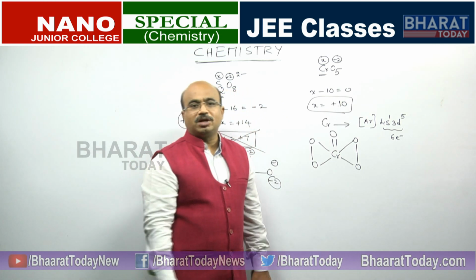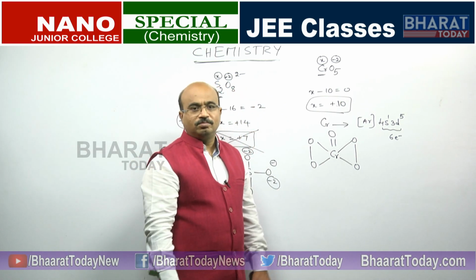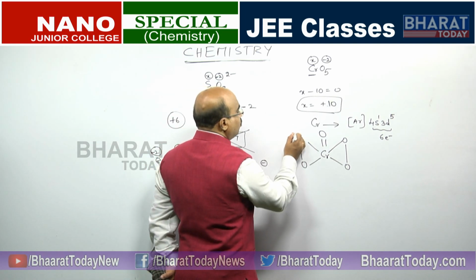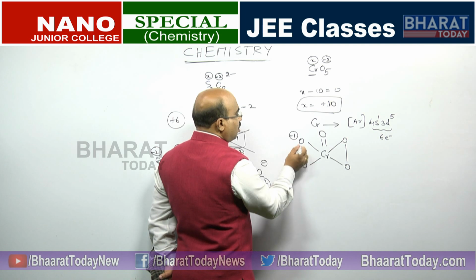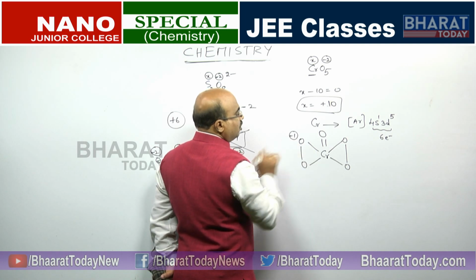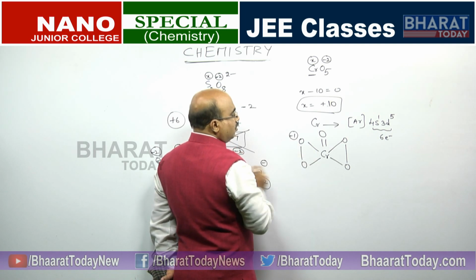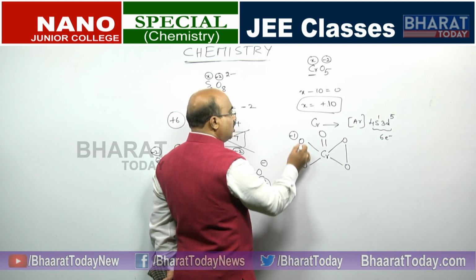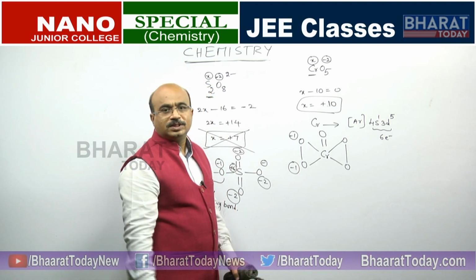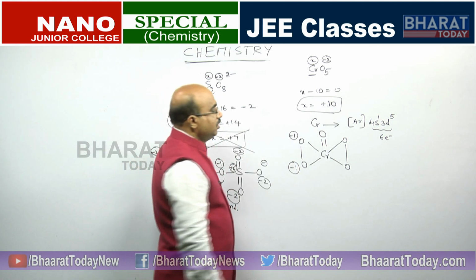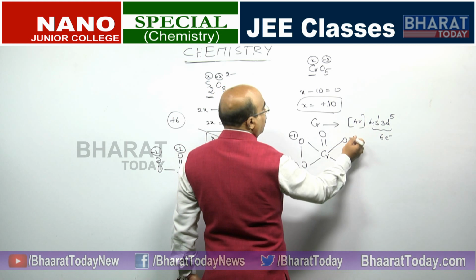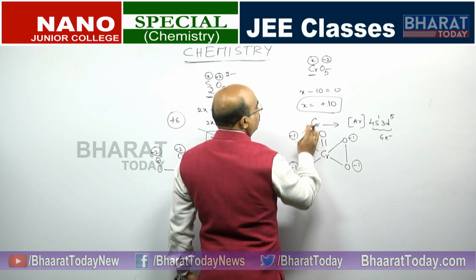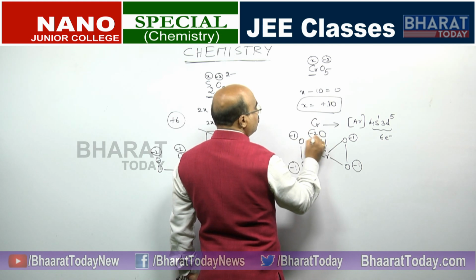The structure of this is what we call the butterfly structure. So, what is the charge on this oxygen atom? -1, because this bond will not move. This bond moves towards oxygen, this bond moves towards oxygen. So, this is also -1, but this bond is not moving. So, here this oxygen is -1, this oxygen is -1, but this oxygen is -2.